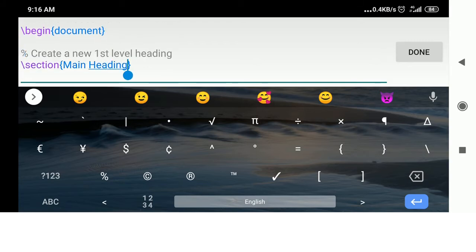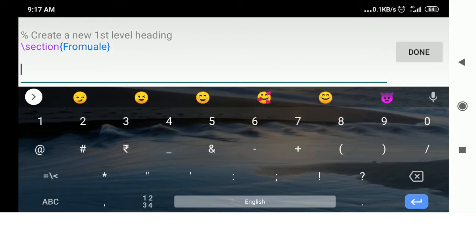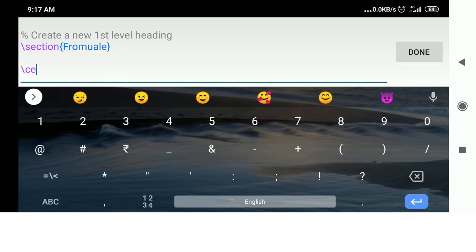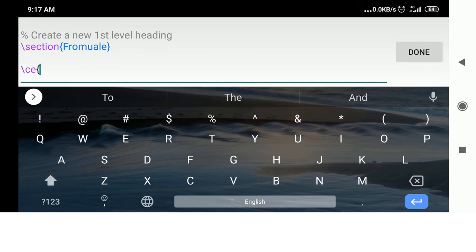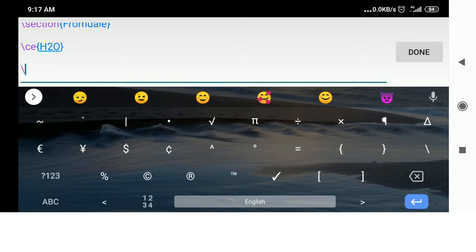Start typing our chemical reactions. In the main heading I will write Formulae, and as the first formula we will write H2O. Therefore, to start a chemical equation we have to give this command \ce, then curly brackets, and inside the curly brackets H2O. We'll close it. Now we will type another one, that is